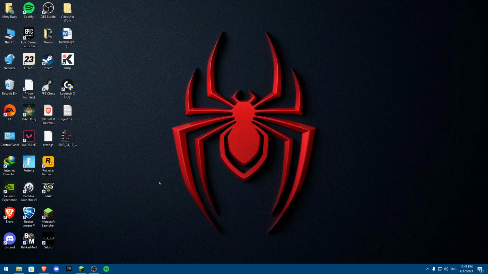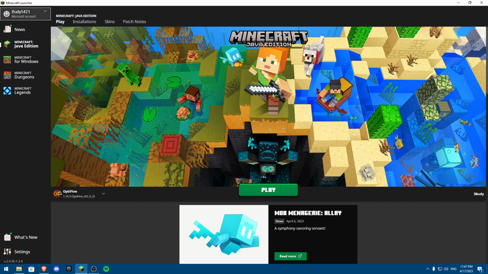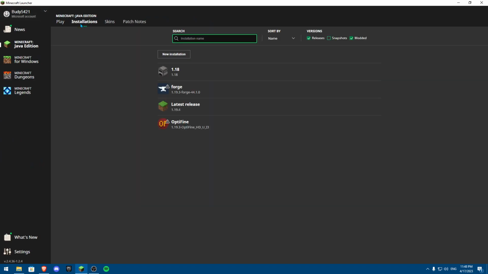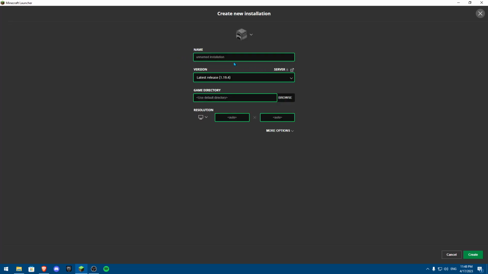Today I'm going to show you how you can change your version of Minecraft, okay? So how you can do this is pretty easy. Once you launch Minecraft, you're going to click on installations. Once you click on installations, you're going to click on new installation, and then you're going to name the installation whatever you want. I'll name it